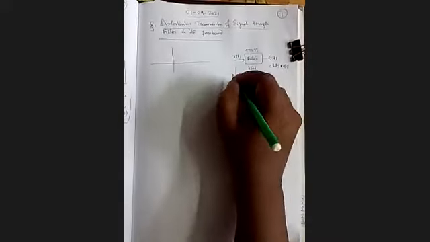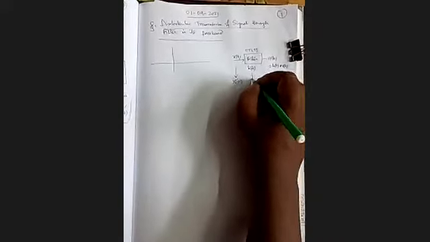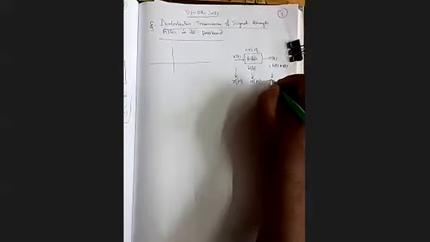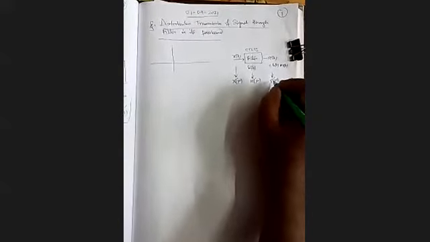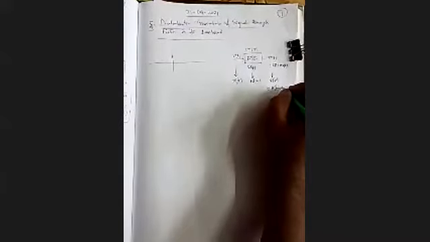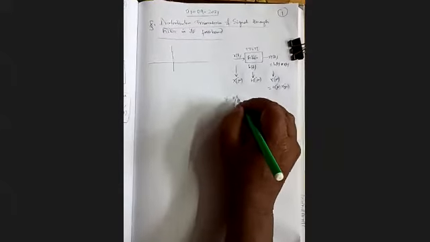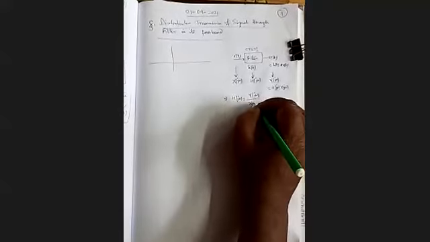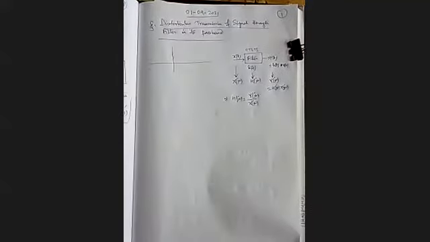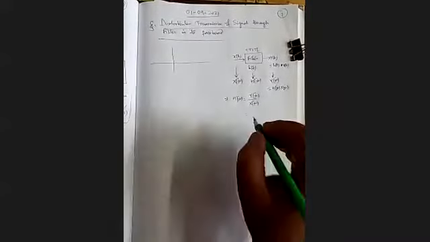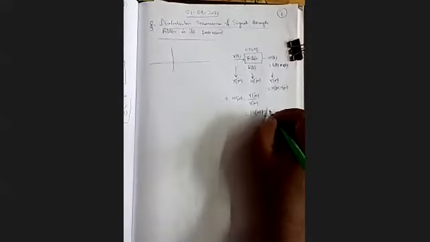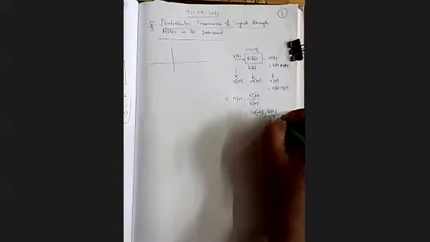Now if we apply Fourier transform, we get X(jω). The Fourier transform of h(t) is H(jω), and the Fourier transform of y(t) is Y(jω). And it can be proved that Y(jω) is the multiplication of H(jω) and X(jω). So therefore we can write H(jω) is the Fourier transform of output divided by Fourier transform of input. Now this H(jω) has some magnitude, mod of H(jω), and an angle φ(ω), that is the phase angle.